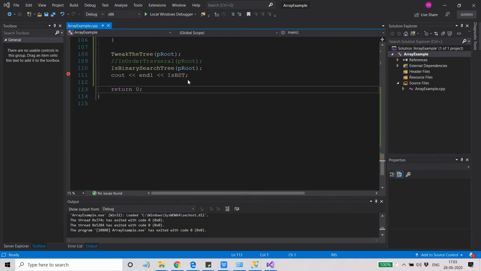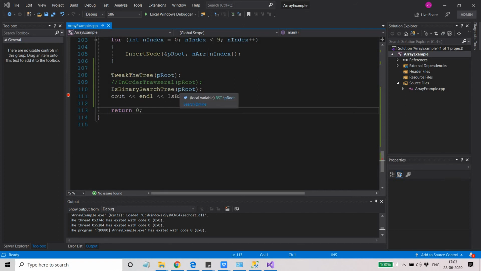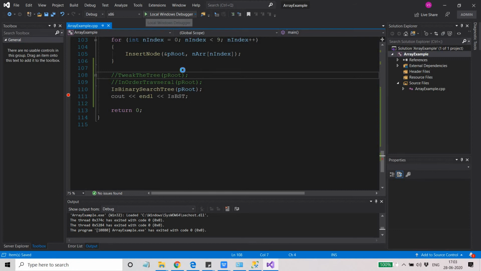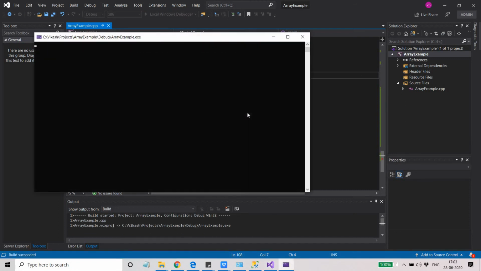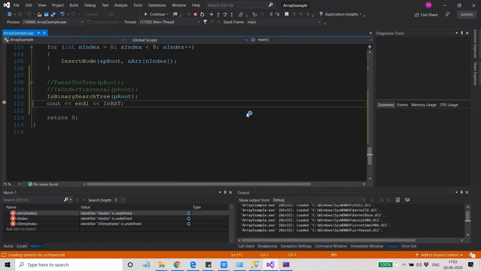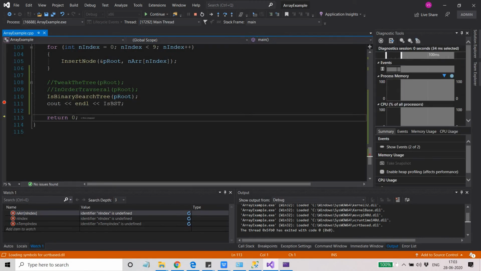So it is printing isBST equal to 0, which means it is false. It means that my binary tree is not in fact a binary search tree. If I don't call this tweak the tree, then it should return true, because in that case it is truly a binary search tree. So it will return true, which means 1.